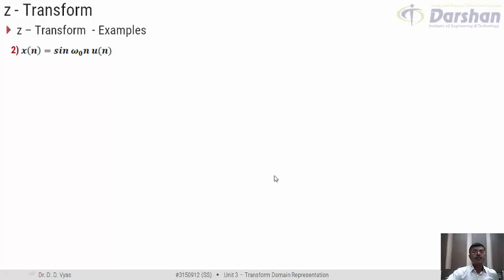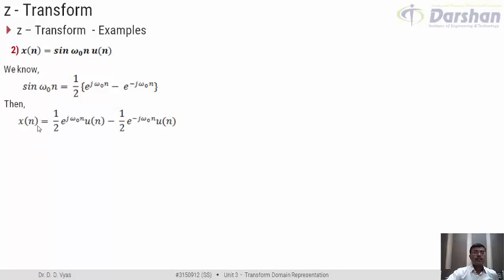The process for calculating Z transform for this signal in fact goes in parallel to the way in which we have calculated Z transform for cosine signal. Let us try to see this. Similar to cos, sine can be expressed as sin omega 0 n equal to 1 by 2j times e raised to power j omega 0 n minus e raised to power minus j omega 0 n. We know that the difference between cos and sine representation would be in terms of this polarity. In cos, this comes to be positive, whereas in sine, this comes to be negative.